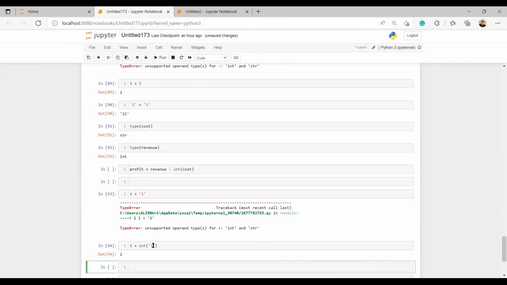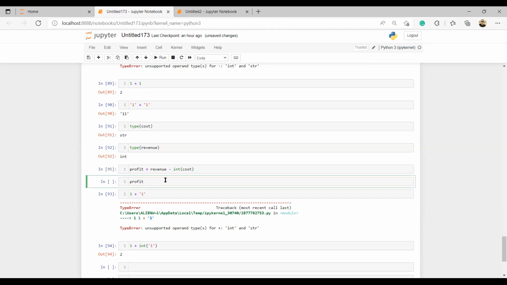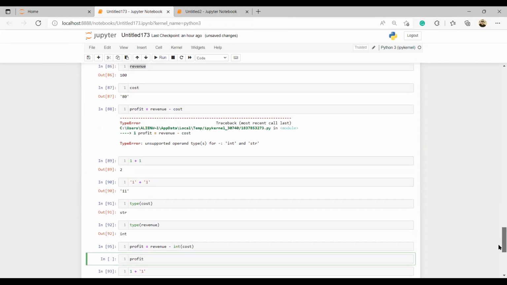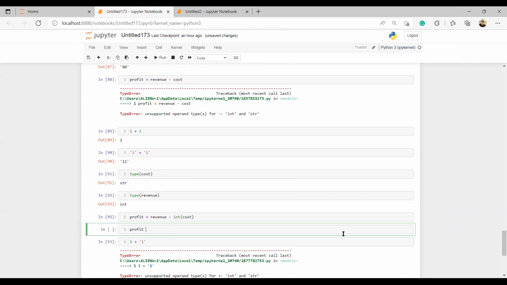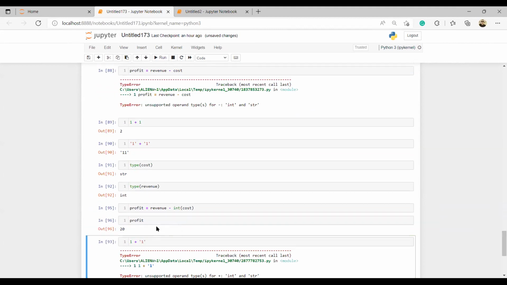Because we are doing it small now, imagine they have already extracted this data for you; you may not have the opportunity to do that. So I will run it like this. If I say profits, what will I get? 20. Can you see that now?